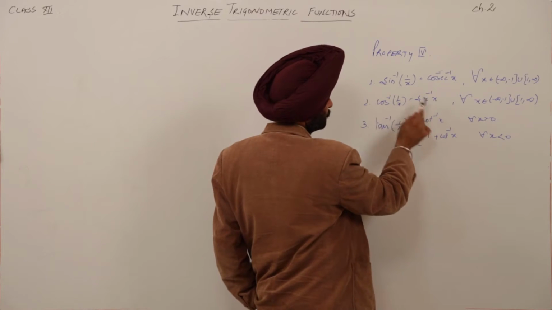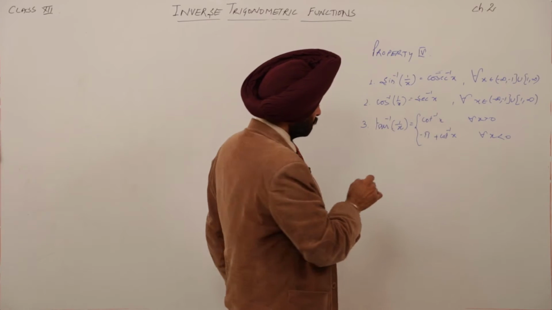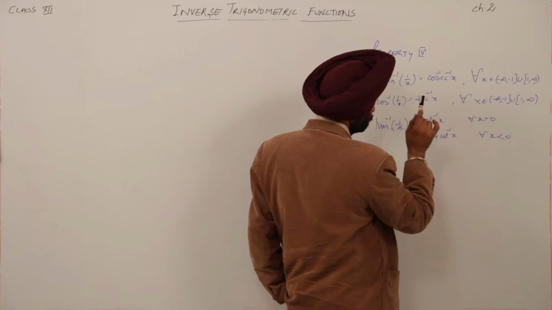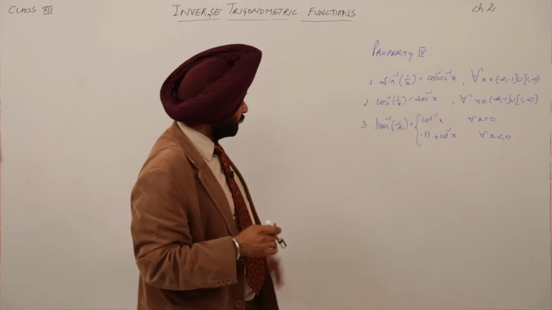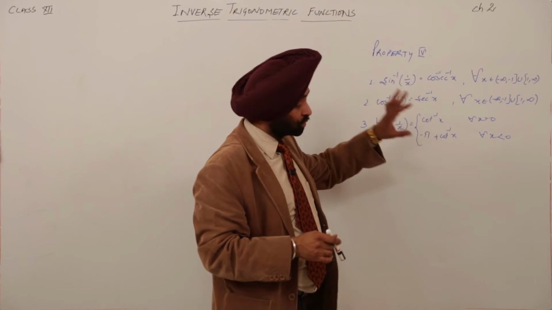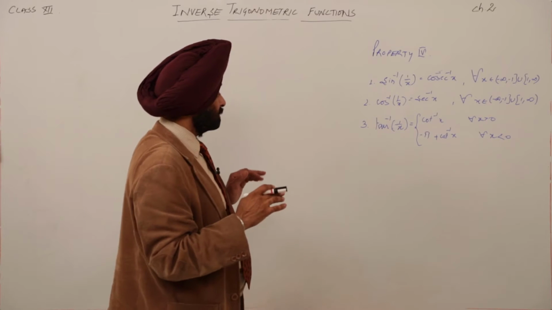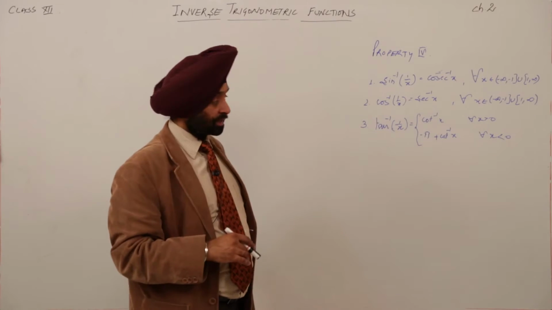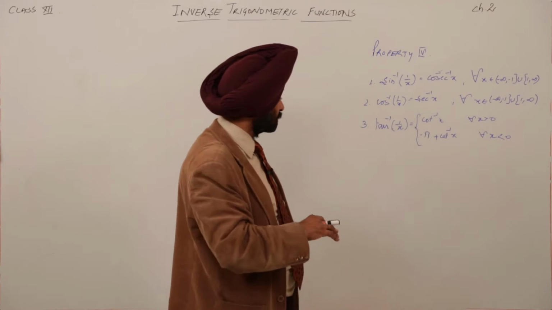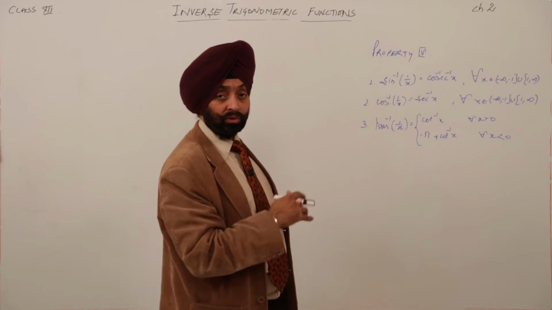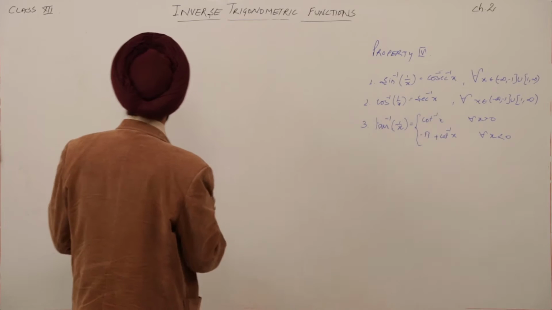Cos inverse 1 by x is secant inverse x, and tan inverse 1 by x, here two cases are there: cot inverse x when x is greater than 0, and minus pi plus cot inverse x when x is less than 0. Now, why have I written these two parts? Because in your NCERT book you will get only one single thing, that is tan inverse 1 by x is equal to cot inverse x. So, from time to time, as you have to go for the competition exam also, wherever required, I am going to go into some details. So, now let us prove the first property.